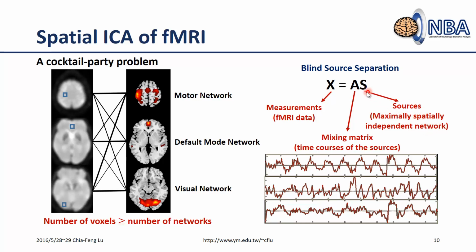And this A mixing matrix, however, would become the time courses of the sources. Sometimes if you use ICA, we will say this is the IC signal, independent component signal. Or sometimes you just say this is the mixing matrix. So for each network, for example, we have three independent networks, motor, default mode, and visual networks, you will have three corresponding